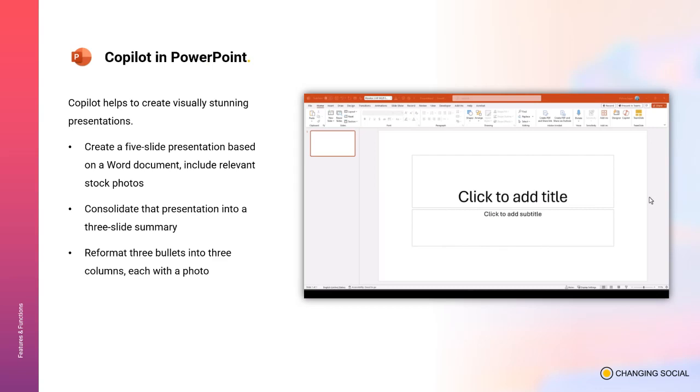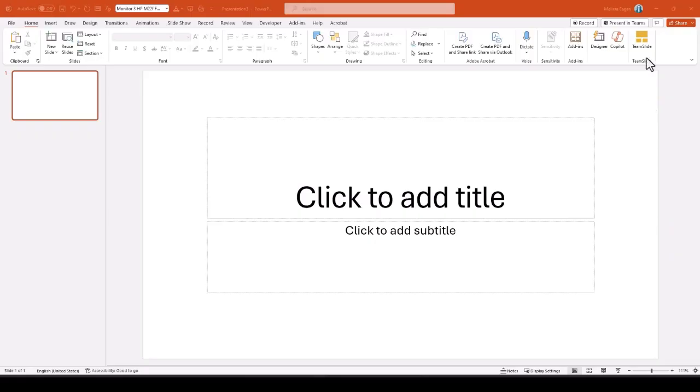And as we look at Copilot in PowerPoint now, we're going to see in a minute how crafting a compelling presentation is going to become smoother. Copilot is going to offer you design suggestions, help you to structure your slides, and even propose content ideas, all to ensure that your message resonates powerfully. Now, this video is going to show you that integration that is possible between Microsoft Word and Microsoft PowerPoint. You're beginning with just a topic, beginning with a document, and look what Copilot can do for you.